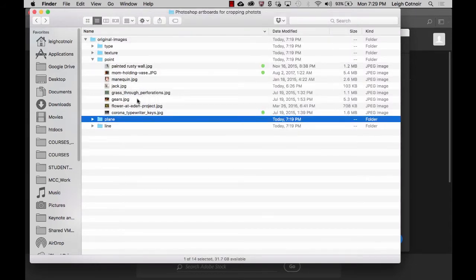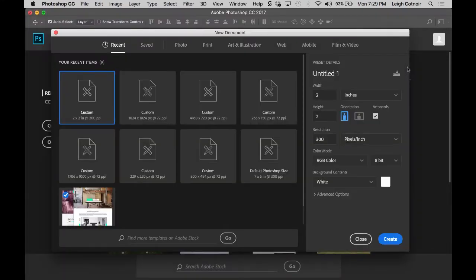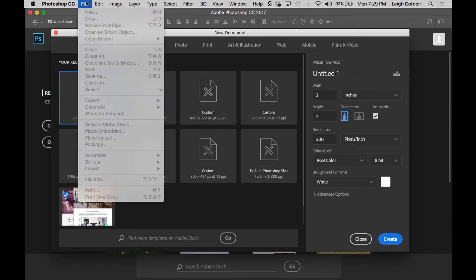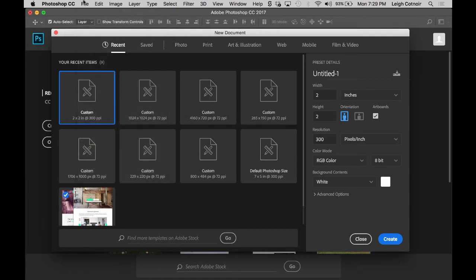Now, what I'm going to do is I am going to create a new Photoshop file. Okay, and I already have this window open. What you'll do is you'll just either click on Create New, or you'll go up to File, and then you would choose to make a new file. And I'm going to show you the settings that I'm going to use, and I think that you probably also should. So you can approach this a couple of different ways, but the way I'm going to approach it is